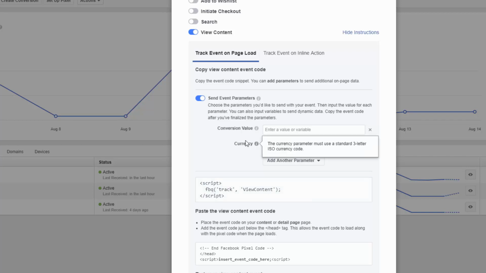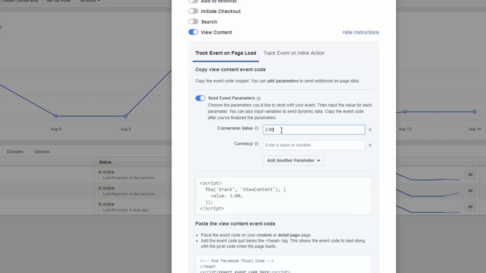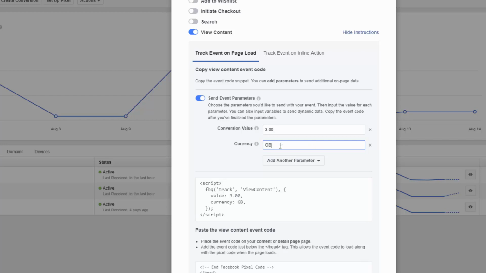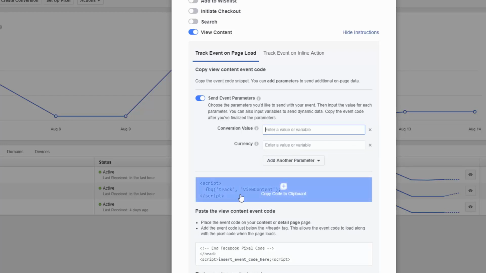And again, you can see if you want to add a value, so it could be that a lead has a value to you. And if you enter details in here, so let's say £3 and the currency is GBP, you'll see it's added those details on here. I'm going to leave those blank. So again, you simply copy and paste this specific piece of code as well as the basic code onto the